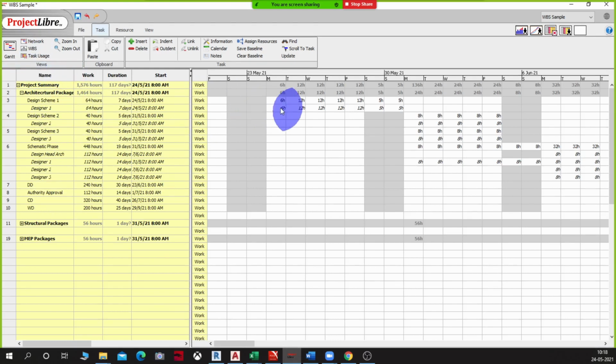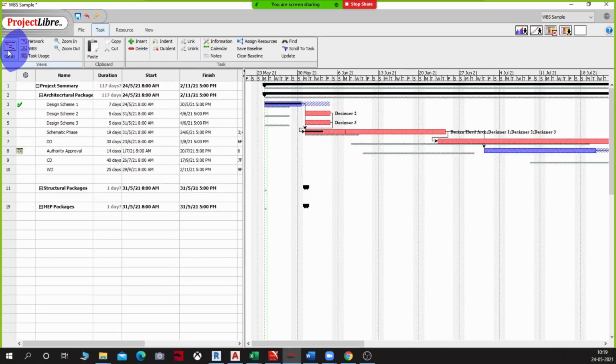how much was assigned to each task and how much did we end up doing, that is seen here. Now this data gets pulled from your resource data that you put in, right? But here it shows with respect to the task rather than with respect to the resource. So here when I am putting schematic phase, it will show the total of the schematic phase based on the hours that I allocate to each of this person, the 3 designers and the design head.